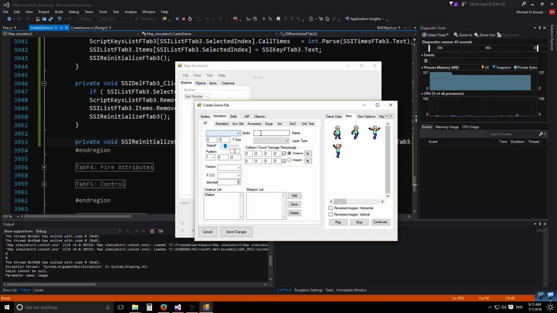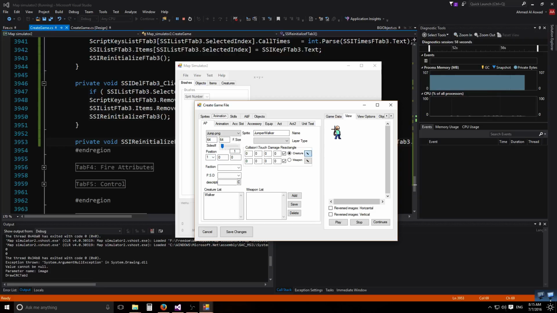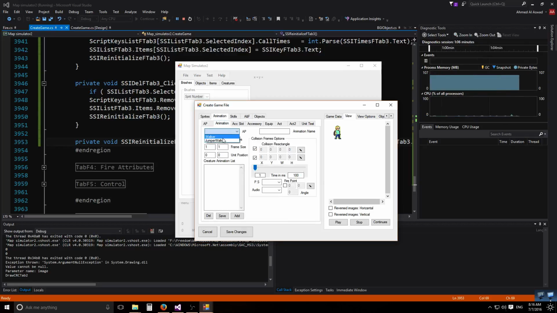So let's make one, call it Jumper Walker, and add the jump image. And the frame is 64 by 64, you said. And it has one side, and it has a collision where he gets damage. And that's it. Let's add him. So if we want to add the animation, we tell him we have 4 frames, size 64 by 64, and